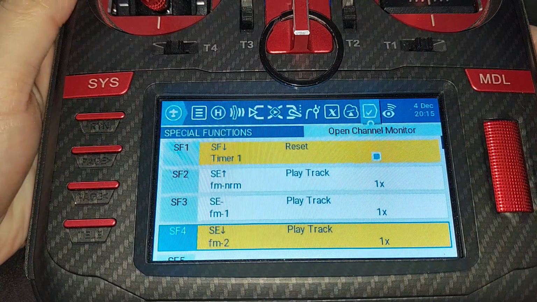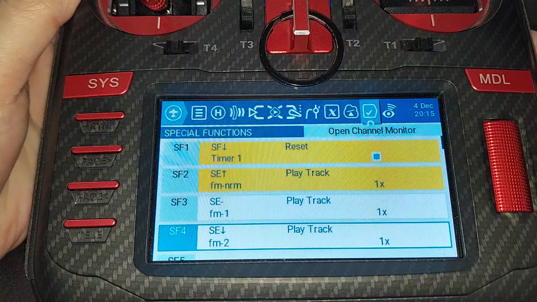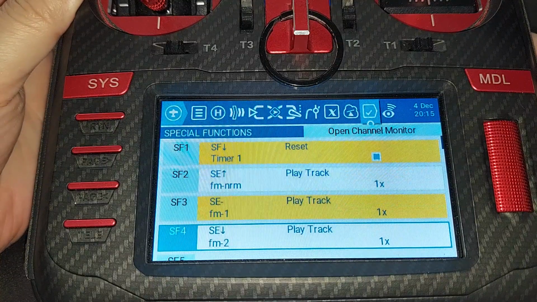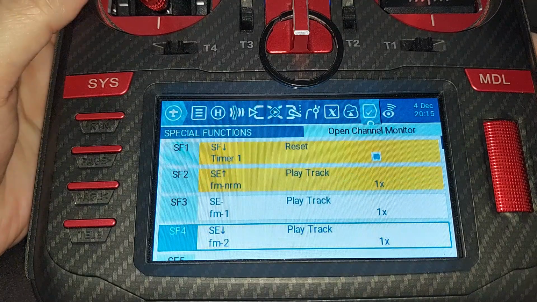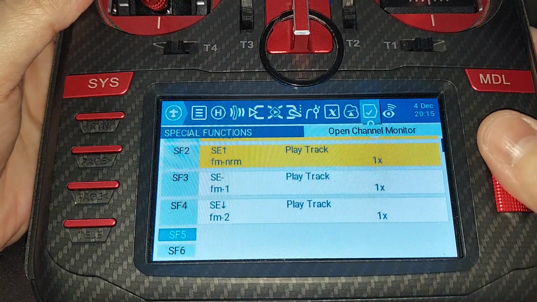And now when we flip our switch all the way back, flight mode normal. Flight mode 1, that's the middle position. Flight mode 2, flight mode 2 is the front position. Flight mode normal. So the next one that we're going to set here,